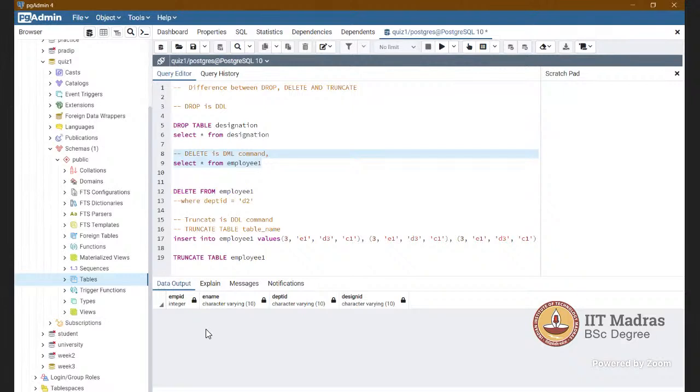But in truncate, we cannot roll back because it does not store the data in the transaction log. So truncate is much faster than the delete command. Rollback means we can get the data back.